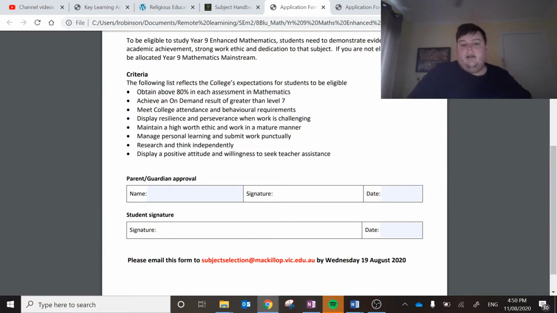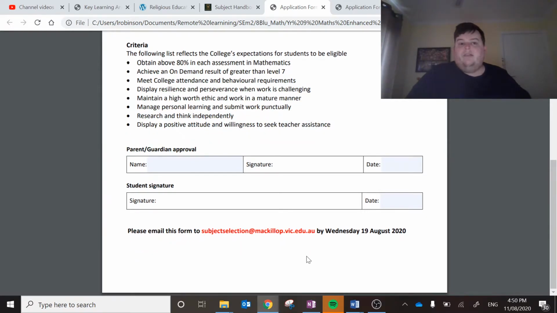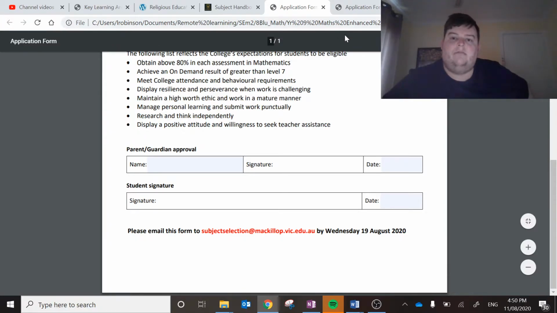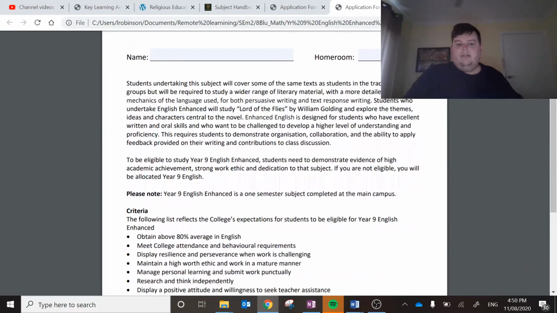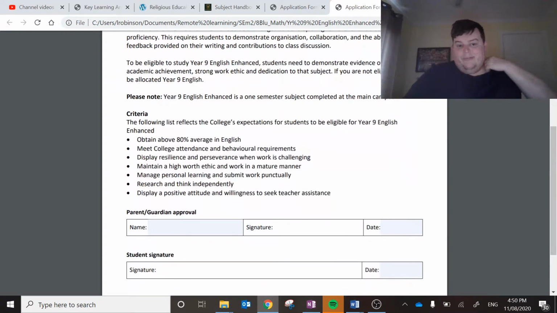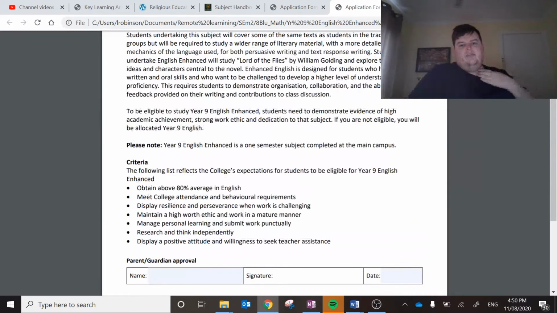Then once you're done, get a parent or guardian to sign, date, you do the same, and you email it to subject selection with your Year 9 form and with your receipt from the digital system. Same goes for enhanced English, except rather than speaking to me, you'll need to speak to Mr. Barnes. Again, demonstrate that you're meeting these criteria. They're basically the same except about English instead of maths. And again, it takes you through to